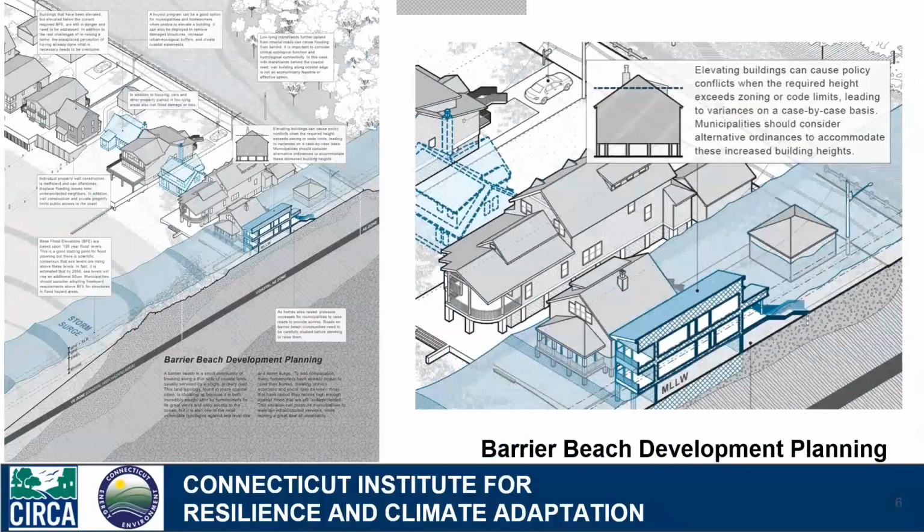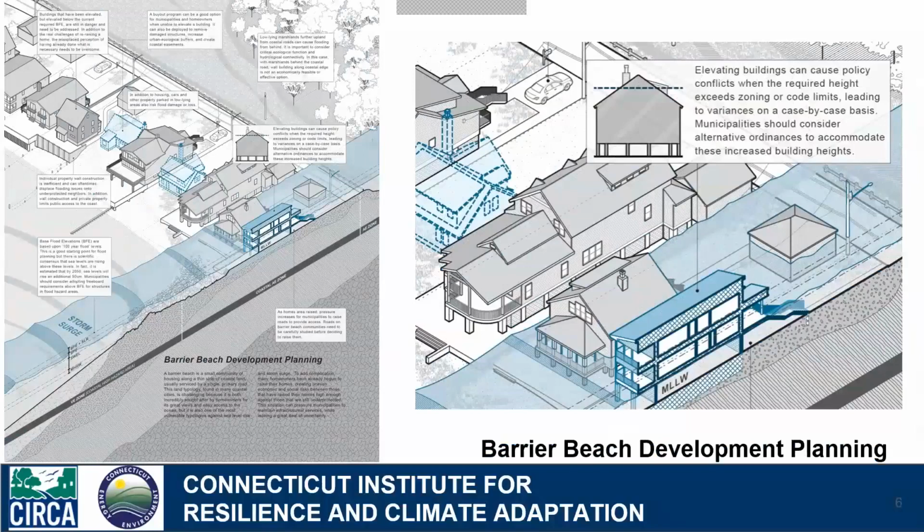So you can see on the left is the diagram, the Barrier Beach development planning effort. You can see that we are starting to elaborate on base flood elevation, 100-year storm, plus SLR, and we're looking at different housing typologies. If you zoom in on the right, you can see that we are targeting even the specific document that Joe had mentioned, the floodplain building elevation standards, recognizing the impact that house raising has in coastal areas as far as the zoning and code limitations on the height of buildings, and the impact on, for example, the views for homes inland.